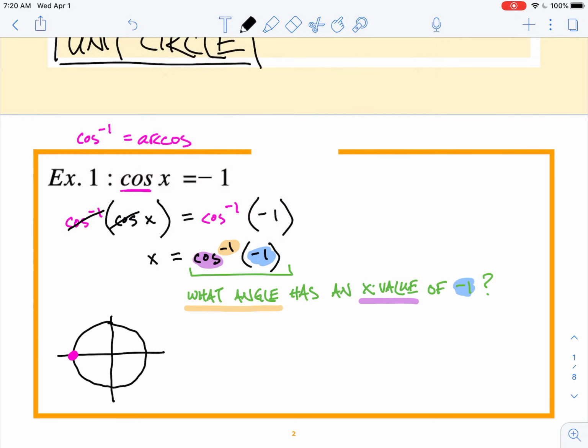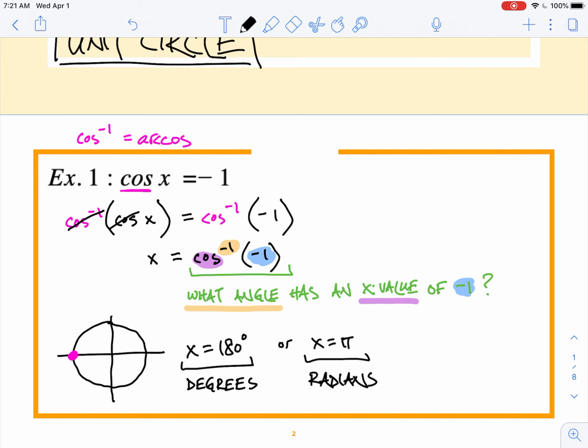And at that point, we have x equals 180 degrees. We could also say that this is our answer in degrees, but we want our answer in radians, and that is the same as pi. So there's our degrees answer, our radians answer,